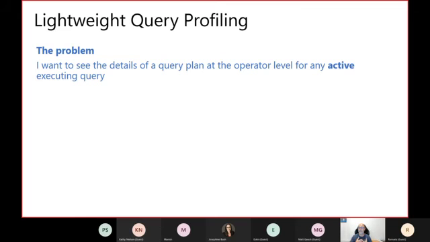You have absolutely no idea at which execution point you are. With this feature, with lightweight query profiling, for every single query running against your instance, you can see the estimated query progress between 0% and 100%. You can see at which point of the execution you are. It's an estimate, of course, but it's much better than being blind and not knowing where you are. So really, really, really nice. We will see it in action in a minute.